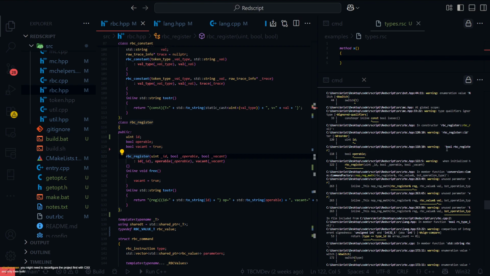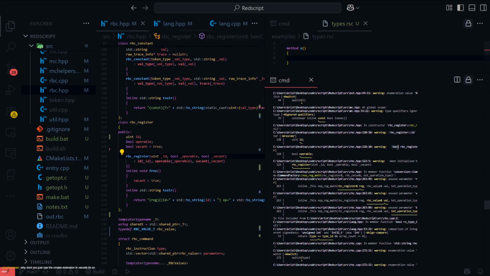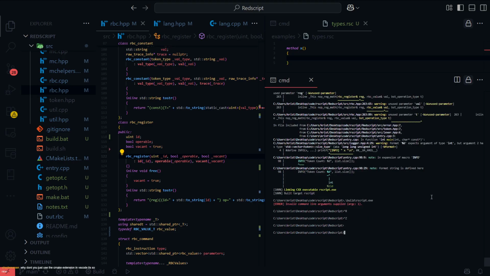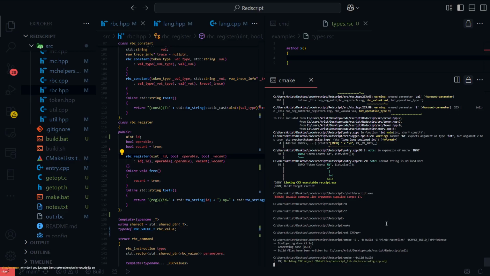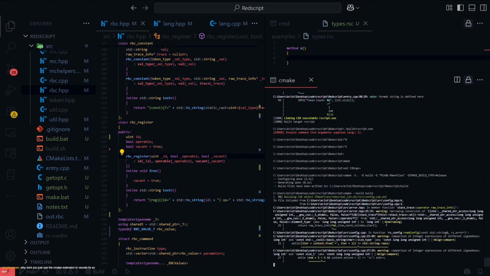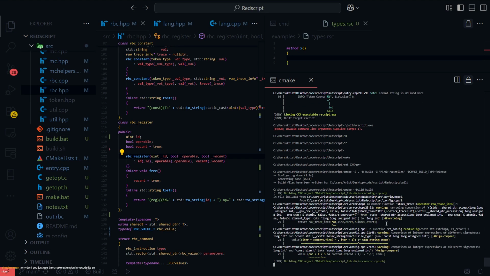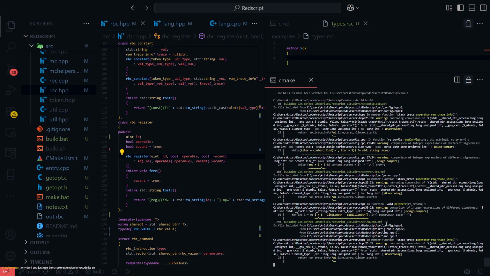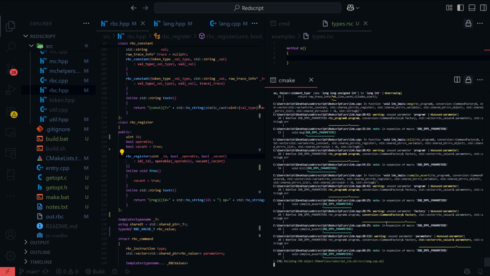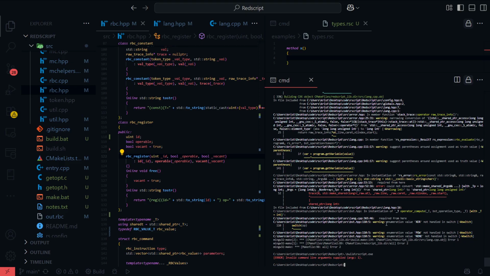Warning, bool. What the hell is the warning? Okay, let's just build it again and go through the warnings again. Oh god. Okay, that's just macro.